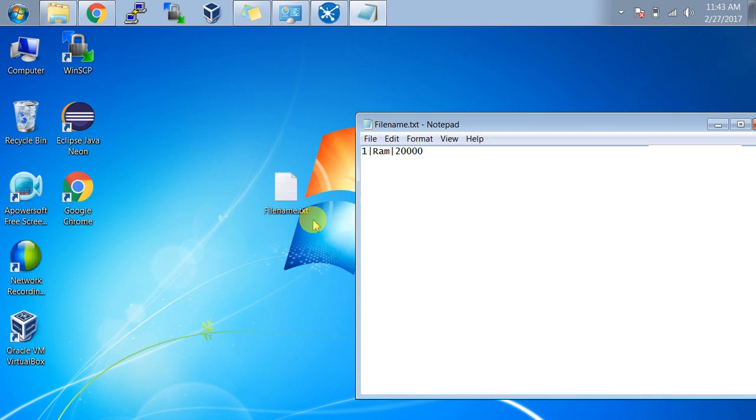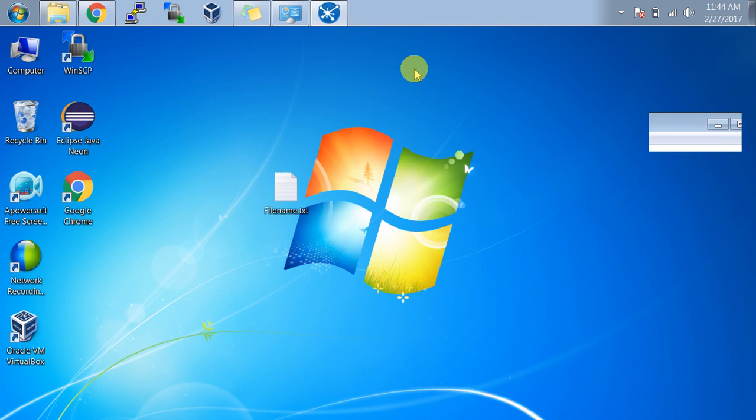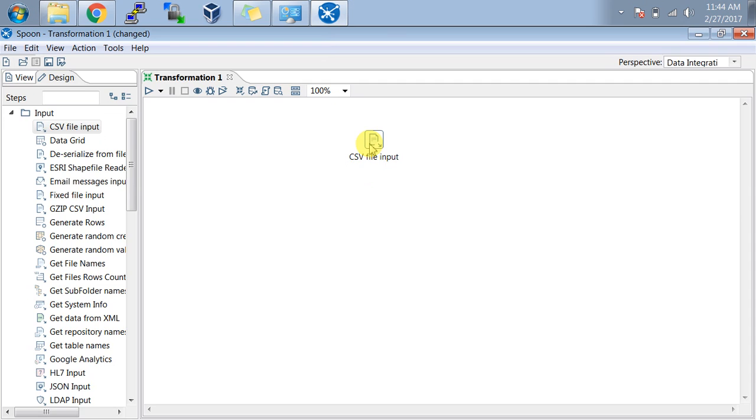Then row 2, let's take Kumar, who has a 10,000 salary. And then the third name, Shyam, with a salary of 30,000. I am going to save this and import this data using the CSV input step in my Pentaho transformation.